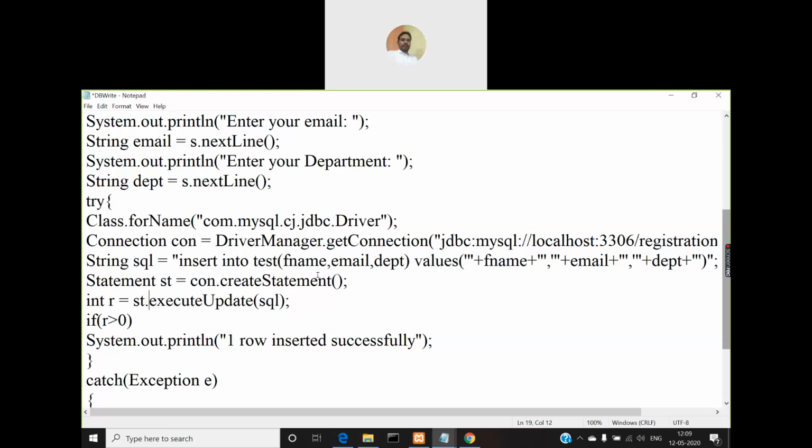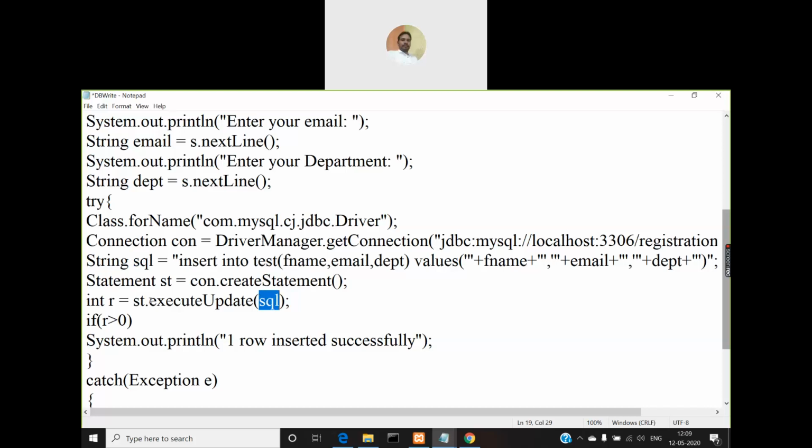It is a DML statement, right? So we require the execute update method. So where is this execute update method defined? In the statement interface. So to call that, we require a statement object. So in the previous line itself, we have called the create statement method, which is returning an object of type statement. So using that statement object st, call this execute update method and pass as parameter a string value, which is nothing but the SQL statement that you want to execute on the MySQL server. So already we have stored that SQL statement in the SQL variable. So pass that SQL variable as a parameter to this execute update method.